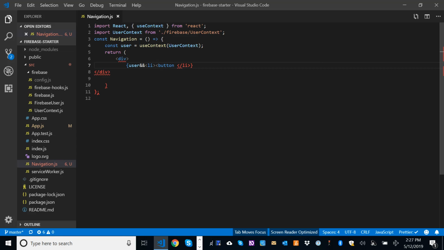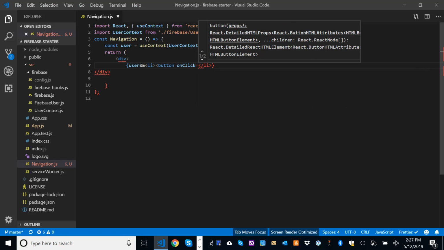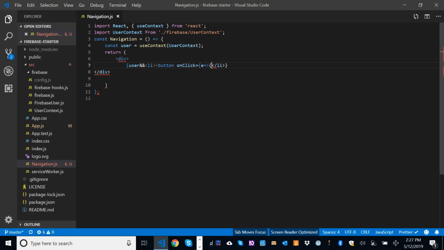Button. Item on click. Props question colon. Left paren. Made 5 formatting edits on line 7. I'm just going to make it really simple for now and say sign out. Made 1 formatting edit on line 8. Right brace, less slash li greater, right brace. Made 2 formatting edits. And then we want to do, if they're not a user,